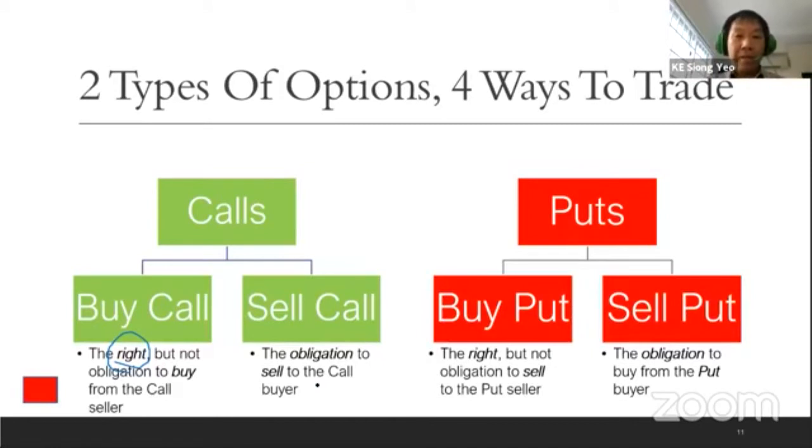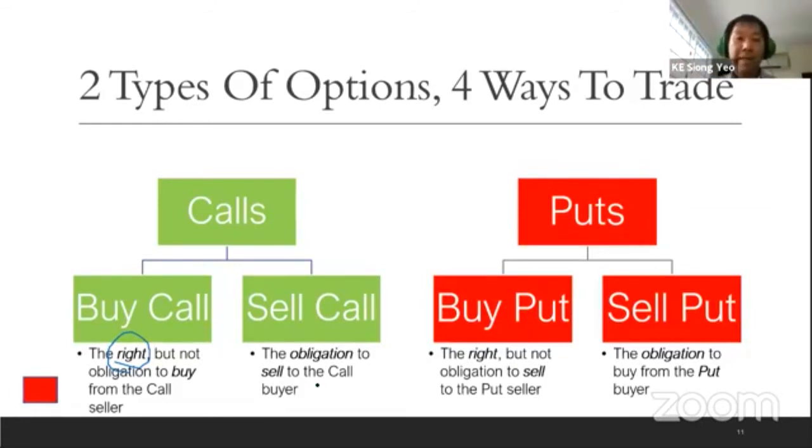So going back to the 4 ways to trade, you can be a buyer, you can be a seller. As a seller, you collect money, which means you have a bigger onus to fulfill your side of the contract. You are obliged to fulfill. If your contract states that you have to sell the stock to the call buyer, if let's say the stock has run up from